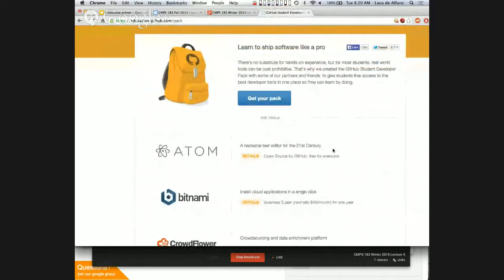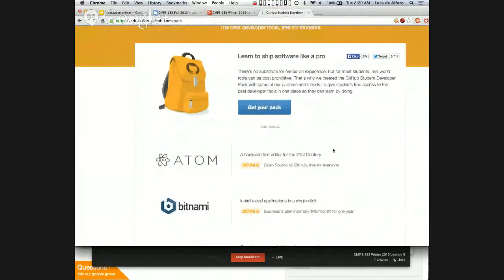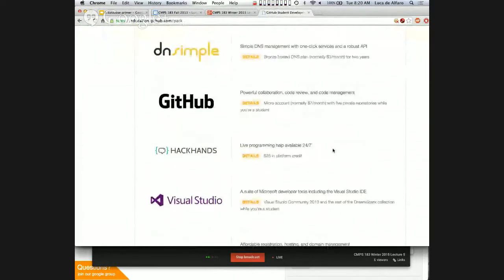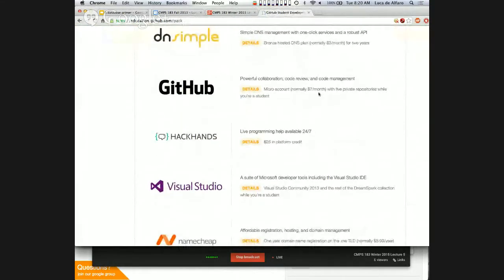I'm not quite sure. Micro accounts. Normally they're $7 a month. So you have five private repositories that you can host, which is enough for this class and for maybe one more or two. Again, I don't know what Bitbucket does for students.